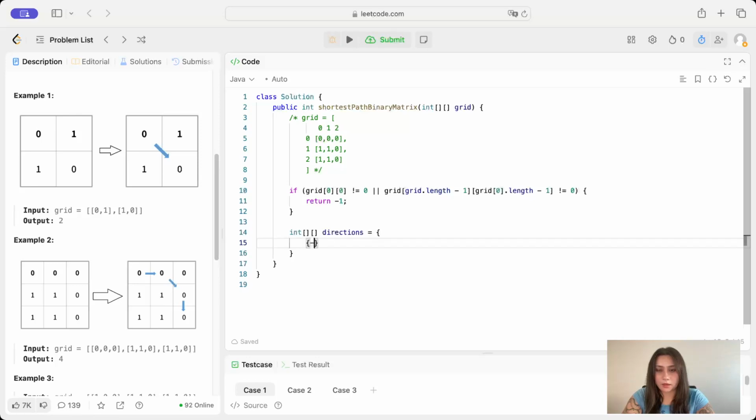And in here we're going to say -1, -1, -1, 0, -1, 1, 0, -1, 0, 1, 1, -1, 1, 0, and 1, 1. Semicolon. Okay, so basically what's going on here is this is just to keep track of the possible